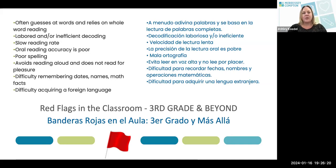So being able to read grade level text and read with intonation, inflection, read with fluency. And so we start to see kids who are really struggling with their fluency and their oral reading is marked by word reading errors. These are kids who often guess at words. So they might look at it and could might be cloud, kind of see that confusion. They see part of what we call the orthographic structure, certain letter combinations, and like that must be what word